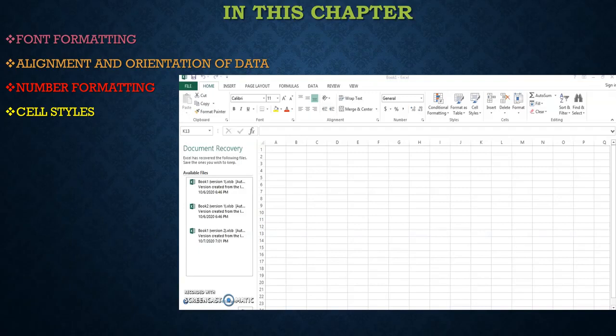Let's see where the groups are available. First group clipboard, second font. This one we already learned in the previous class. Then next is alignment. Now we are going to learn about this alignment and the number, styles, cells and the edit groups. Let's get into a brief about today's class.